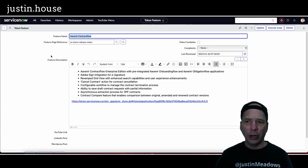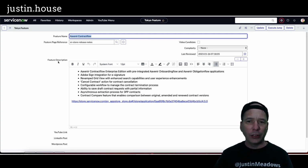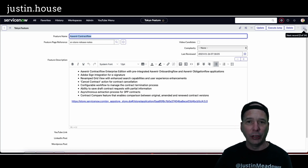Avanair Contract Flow, Enterprise Edition with pre-integrated onboarding flow and obligation flow applications, Adobe Sign integration for eSig, revamped grid view, cancel contract action, configurable workflow, ability to save draft contract requests, asynchronous extraction process, and contract compare feature that enables comparison between original, amended, and renewed contract versions. So if you're looking for CLM, contract lifecycle management, it looks like this Avanair Contract Flow update introduces some cool